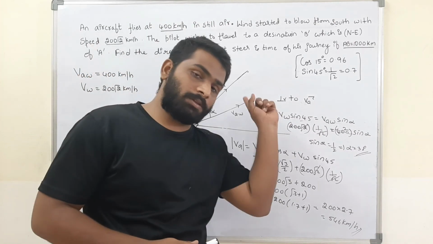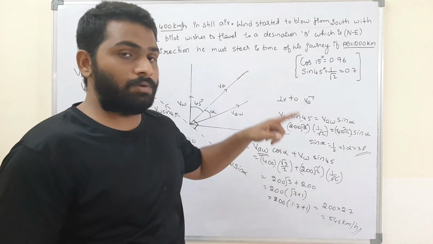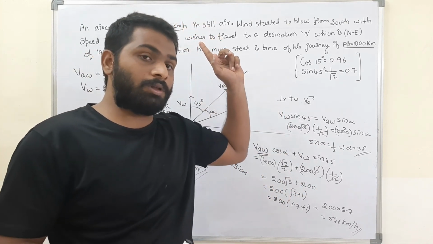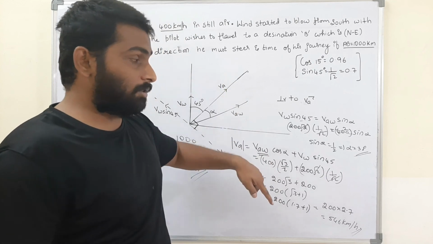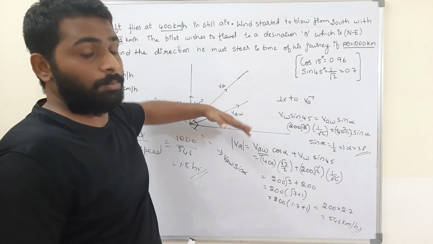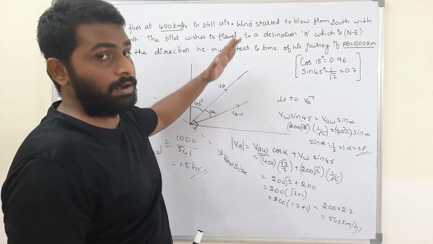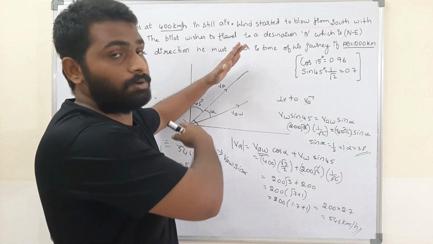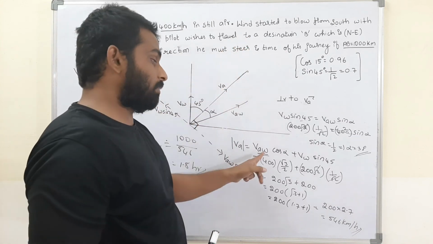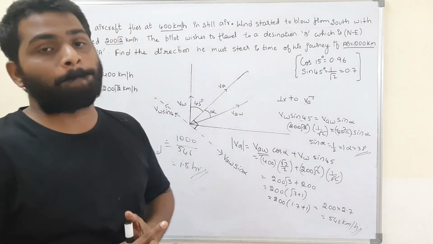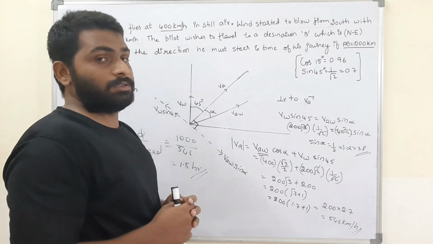I can solve in that method or I can solve in this method. If you want to solve in that method, you should know about the sine rule. If you want to solve in this method, you should know about this concept. Perpendicularly the sum will be 0, and the sum of the components along parallel is nothing but the magnitude of the vector. Very, very important. I think it is clear.